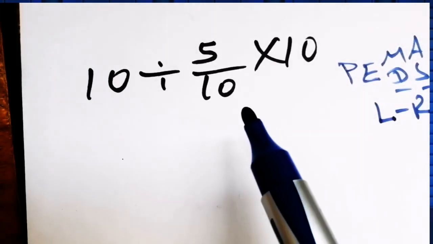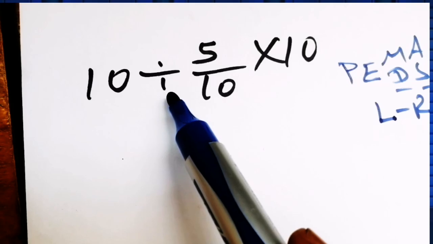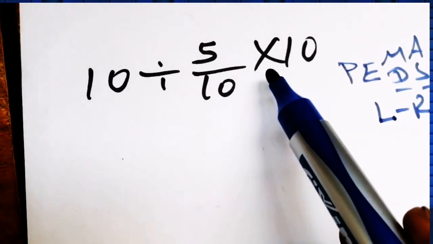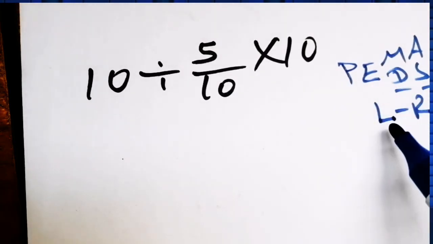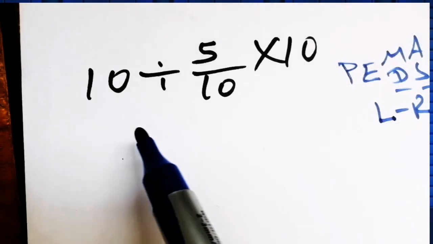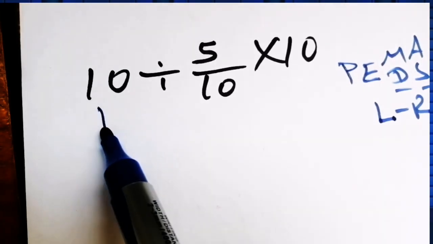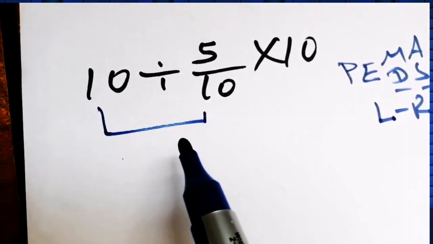Okay, then here there is one division and one multiplication. Remember that multiplication and division have equal priority, from left to right. Therefore we need to do this division first. Okay, therefore here